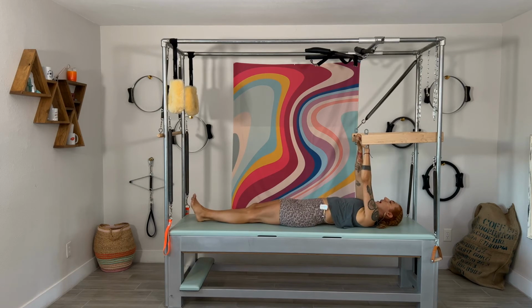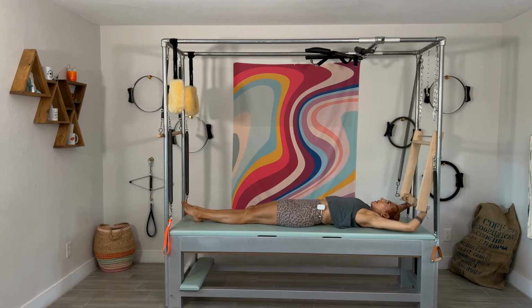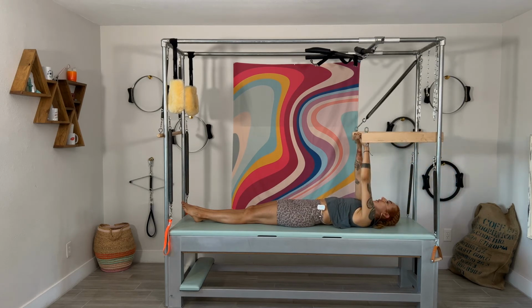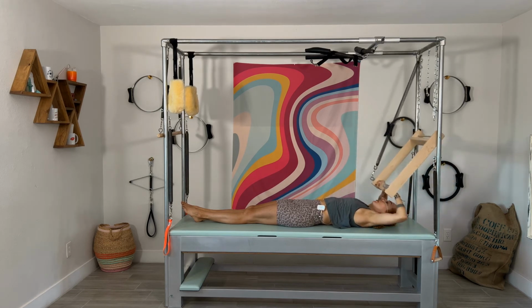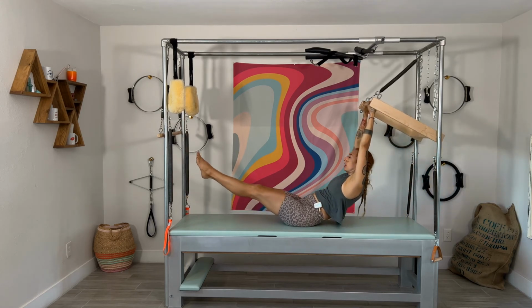So lying on your back, neck is underneath the bar. Little shave action here. So again, you can grip this with dear life and it could be too loose and it feels like you're going to lose the bar. And then there's kind of a happy medium that feels like you and the spring are working together. Bend the elbows, reach it back. Go ahead and take your shoulders off your back and then put them back on your back and then bend your elbows wide and lift the bar up and then pull the bar back and lift the bar up and pull the bar back. So you should feel that bar rotate in the hands, yes,